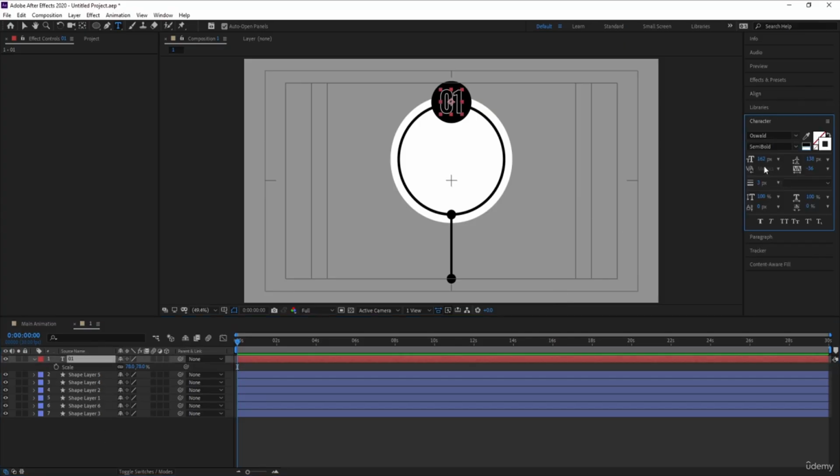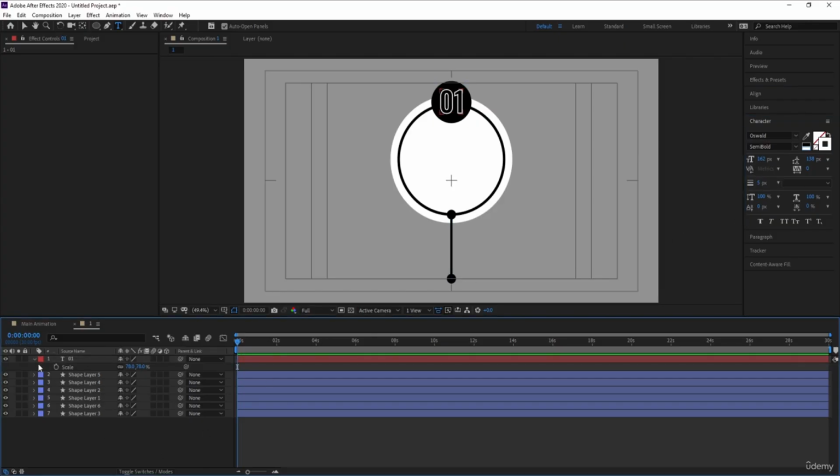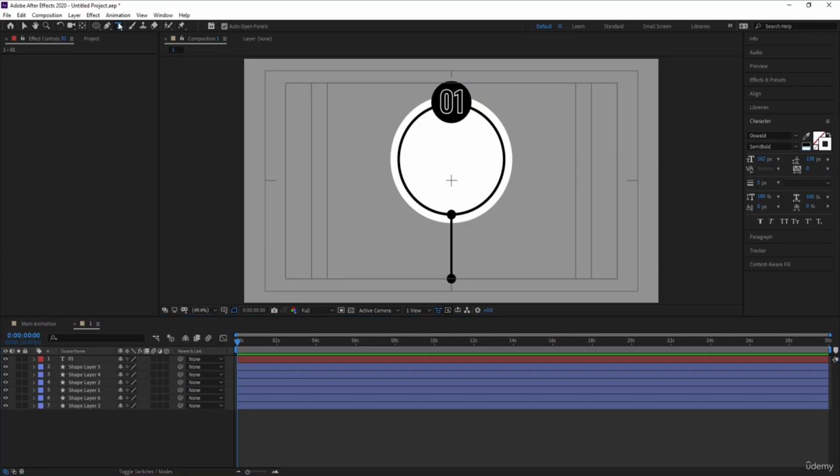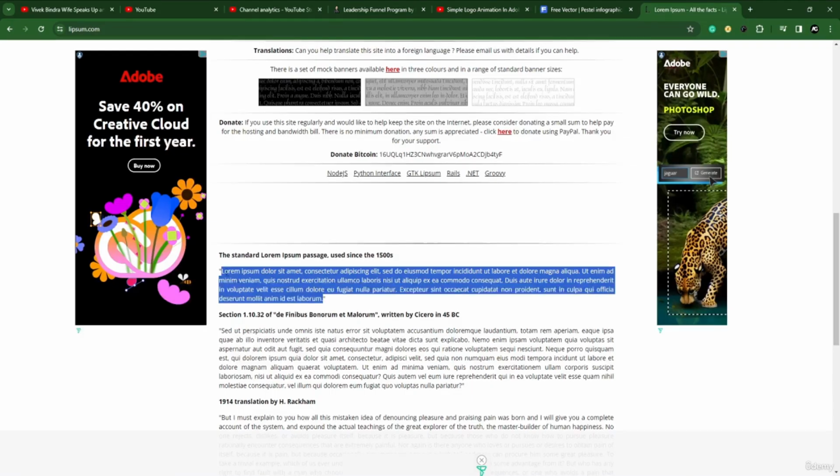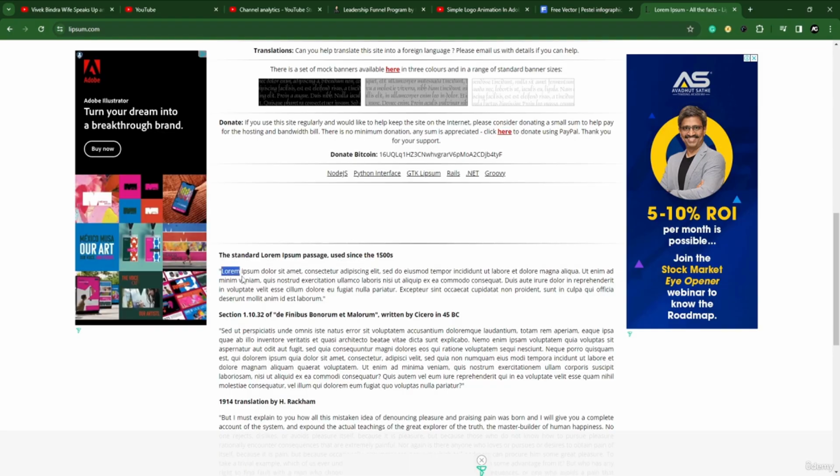Now select this, go to the character menu, let's make this value 0, go to the align tab, align it horizontally, go to the character menu and let's choose, let's say 5 pixels like this. Okay, then select this text over here, and for the font I'm going to choose this lorem ipsum paragraph, and